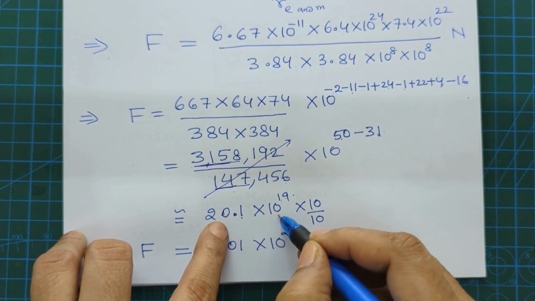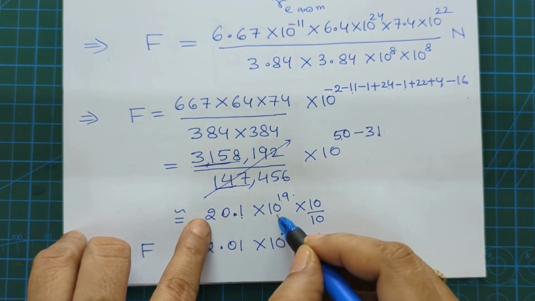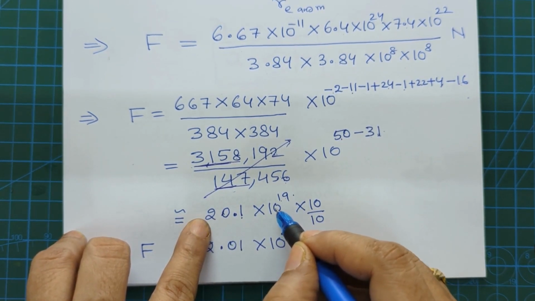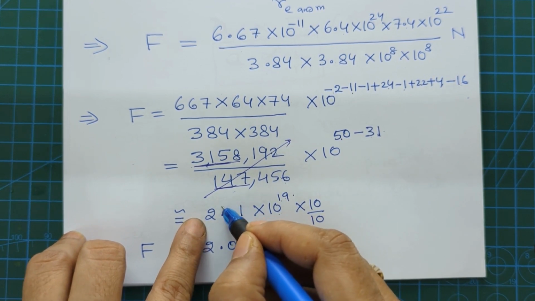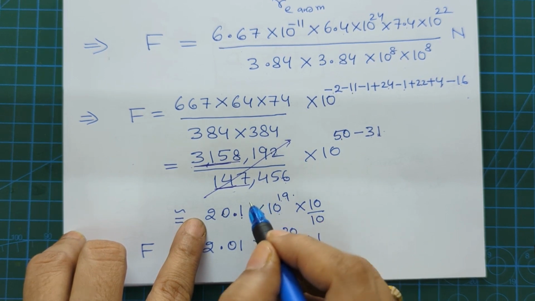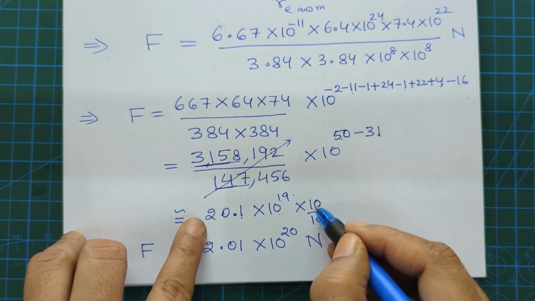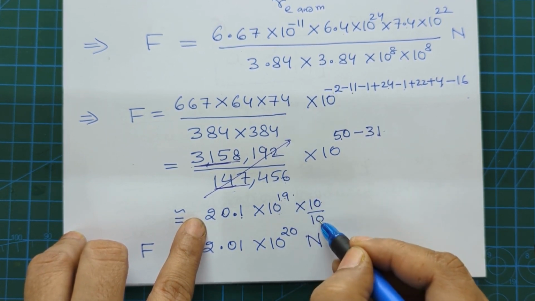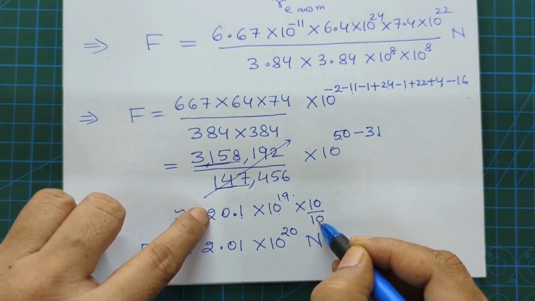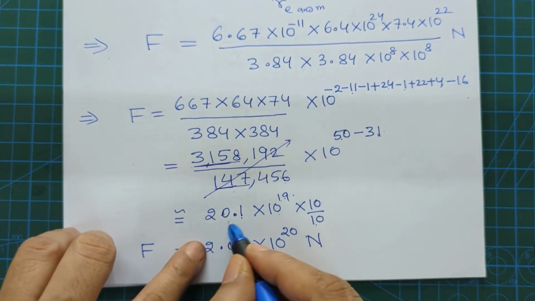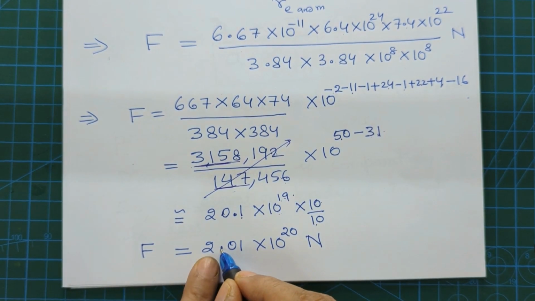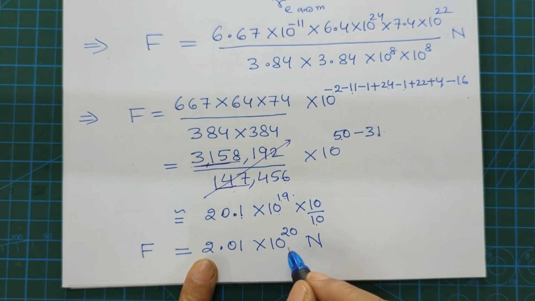Every time we get the answer like this, this cannot be considered as an answer. Why? Because it is not in standard form. For standard form, the decimal has to be shifted one place left. In that case, we will get 10 to the power minus 1. To understand that standard form, multiply and divide by 10, so that this 10 contributes to this. 19 plus 1 is 10 to the power 20. This denominator 10 means 20.1 by 10. Shift the decimal here. So force of gravity between Earth and Moon is approximately 2 times 10 to the power